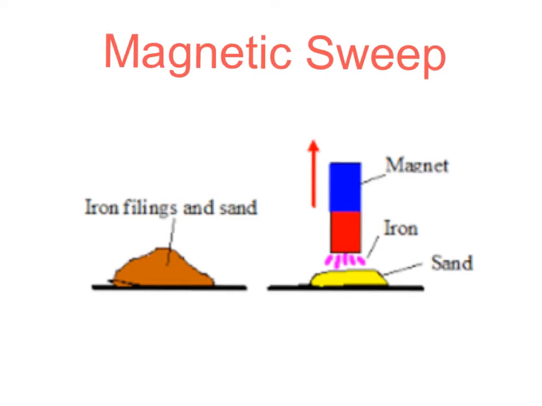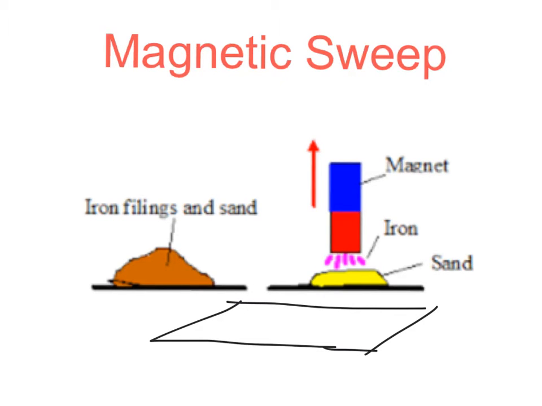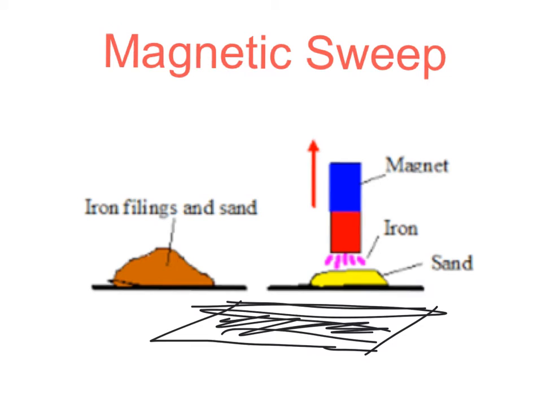I also recommend that when you do a magnetic sweep of a mixture, that you lay the mixture out nice and flat on a paper towel or a piece of paper and spread it out so that you can run the magnet over it several times back and forth, and pick up as much as you possibly can of anything that happens to be magnetic. Now, you don't have to know what you have to do this test. I always recommend that this be the first technique that you apply to any mixture,